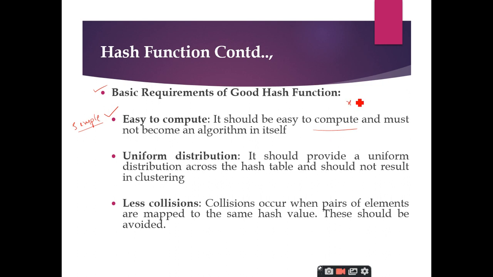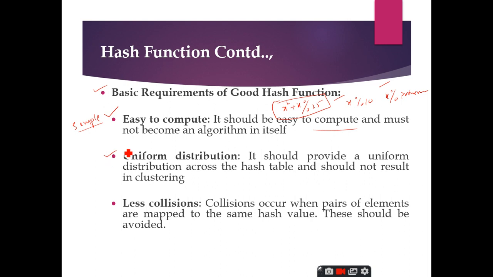For example, I define my hash function as x mod 10. Yes, it is valid. Or I define my hash function as x modulo some prime number. Yes, it is valid. Very simple hash functions, right? Somebody will come and say x square plus x modulo division 25. Yes, it is accepted. Nobody bothers about this. But don't write algorithms for defining this hash function. It should be very simple and it should be easily computed. So that is the primary requirement of a good hash function.